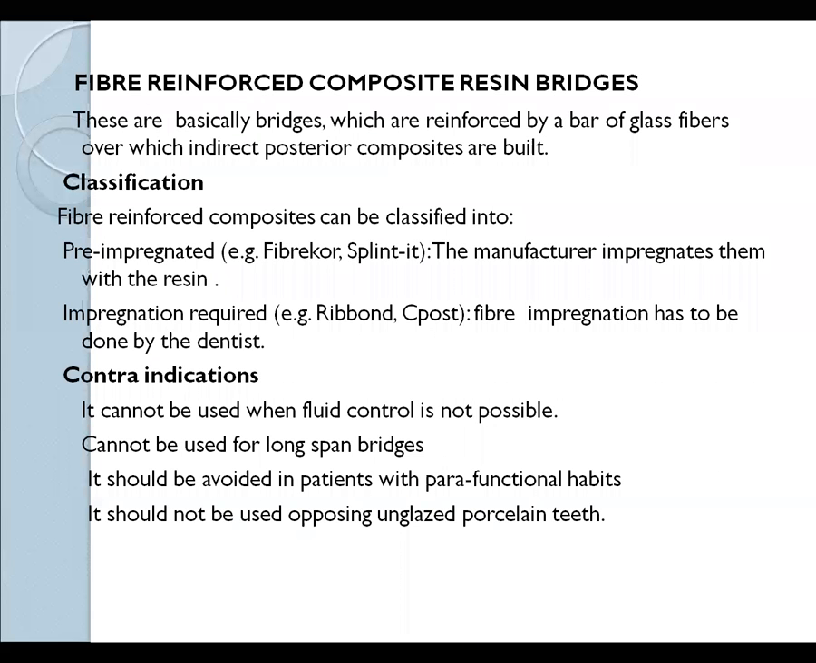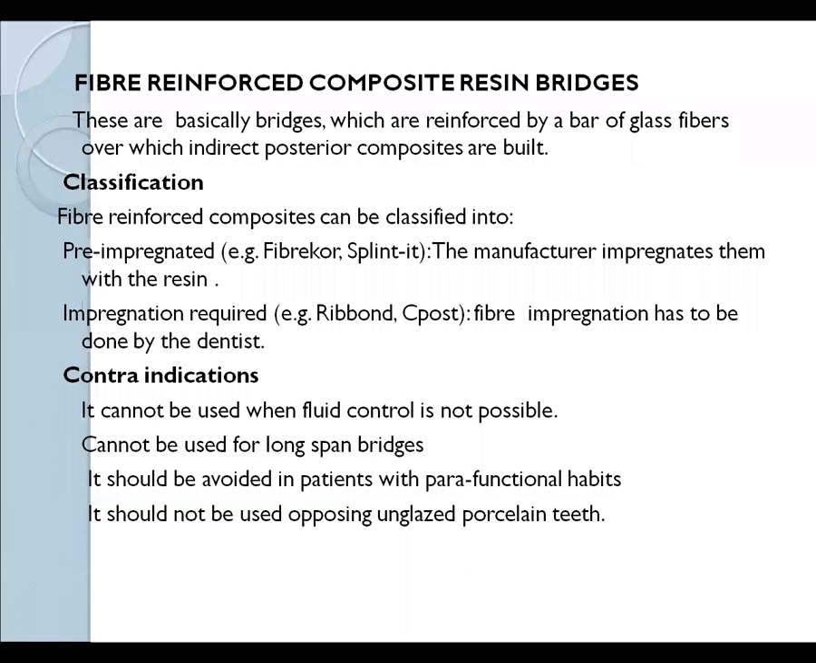Then coming to fiber reinforced composite bridges. This may also come as a shortcut. These all are the types of FPD only. You should go through all these in detail from the books. We will discuss fiber reinforced composite bridges. These are bridges reinforced by carbon or glass fibers over which indirect posterior composites are built. The classification is